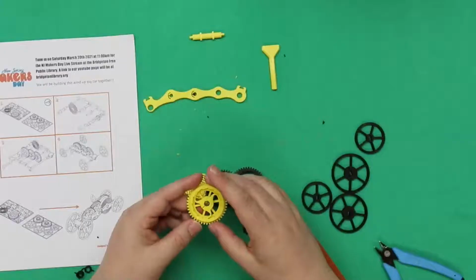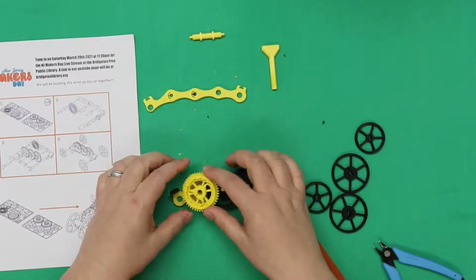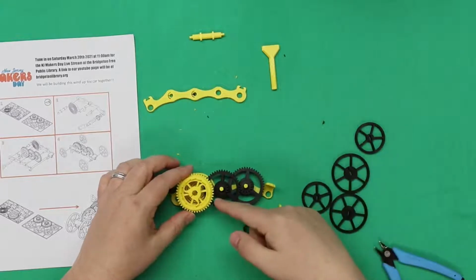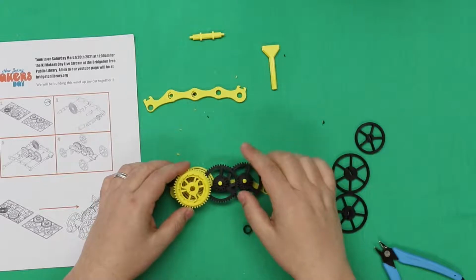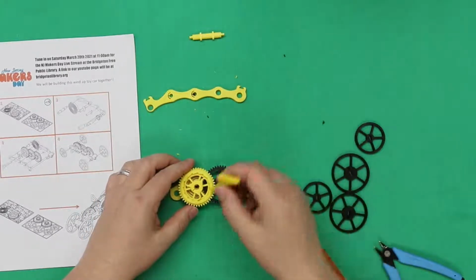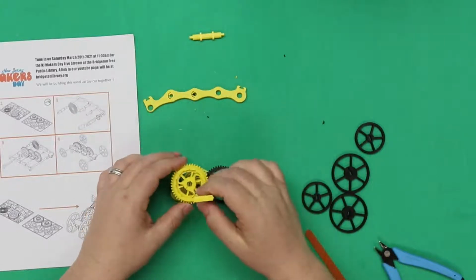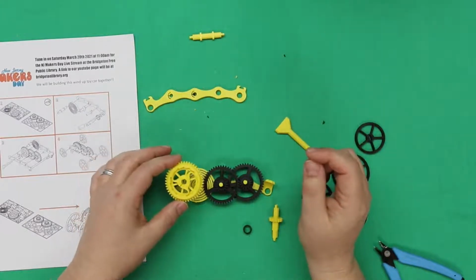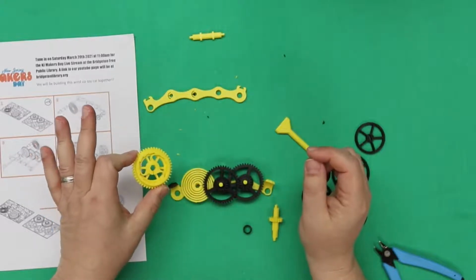Now, that gear is going to go over top and be part of this gear assembly here. So this edge here of gears is going to go into the teeth that are on here, and then the key is going to go through here, through the spring, and into the other side of it. But before we can do that, we have to assemble everything. So we can put this away for right now,